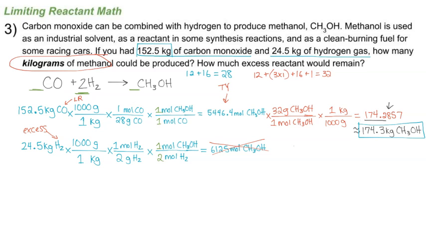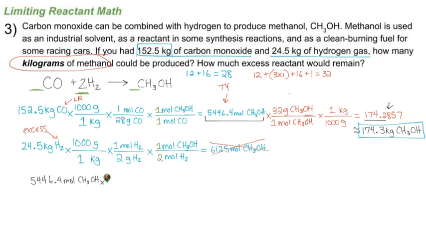Now we just need to figure out how much of our reactant available in excess was actually used, and then from there we can figure out how much remains. So I always like to start with my theoretical yield in moles and then work my way back to how much of the reactant was used. So I'm going to do that now. I'm going to start with my 5446.4 moles of CH3OH,